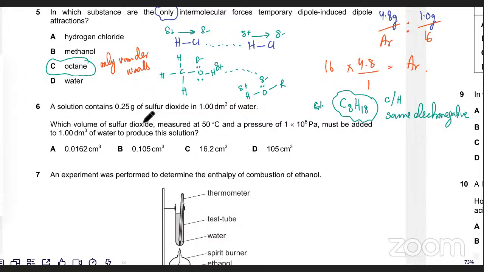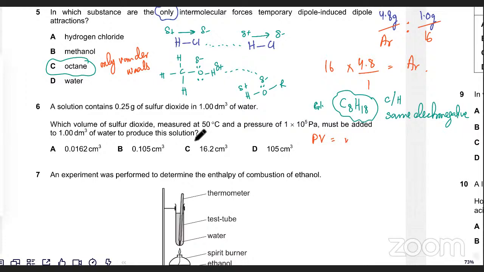So the next question is: a solution contains 0.25 grams of sulfur dioxide in 1 dm cube of water, and which volume of sulfur dioxide measured at 50 centigrade and pressure 1 times 10 power 5 must be added to 1 dm cube of water to produce the solution. So he's talking about the sulfur dioxide gas, and he's saying it must be added to 1 dm cube of water to produce this particular solution. So this is about sulfur dioxide, and this is about PV equals nRT